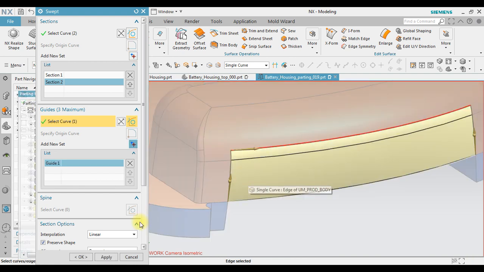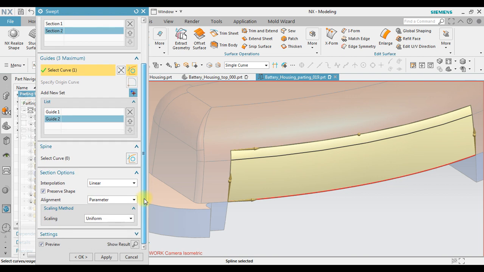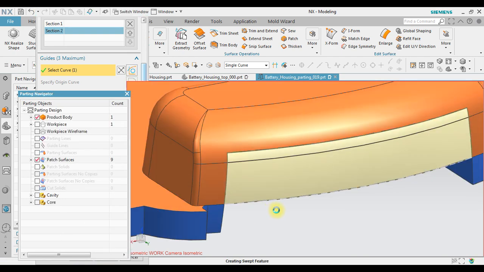Select this as the first guide. Click add new set. Select this one as the second guide, and you can see in here I activated preserve shape. If I deactivate it, you can see it will not appear, so it acts like a single surface. But if I preserve shape, it seems that it was created by two surfaces. Then click OK.